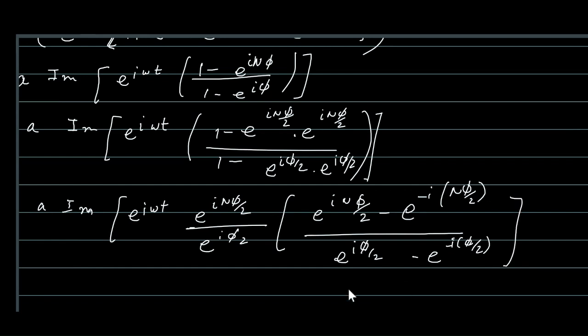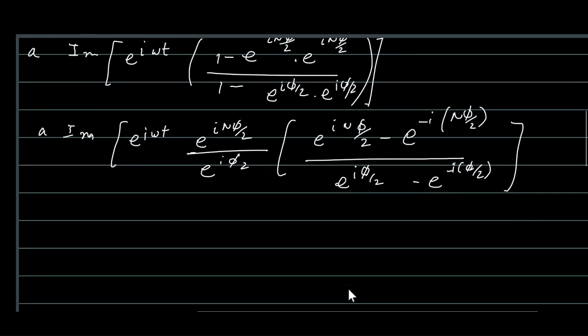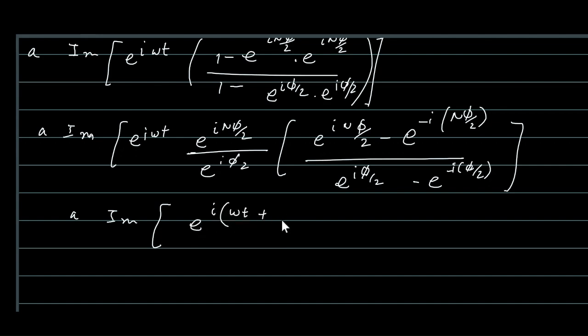So just a small modification. Now we can write this equation as the imaginary part of e to the power iota omega t plus n minus 1 phi by 2,